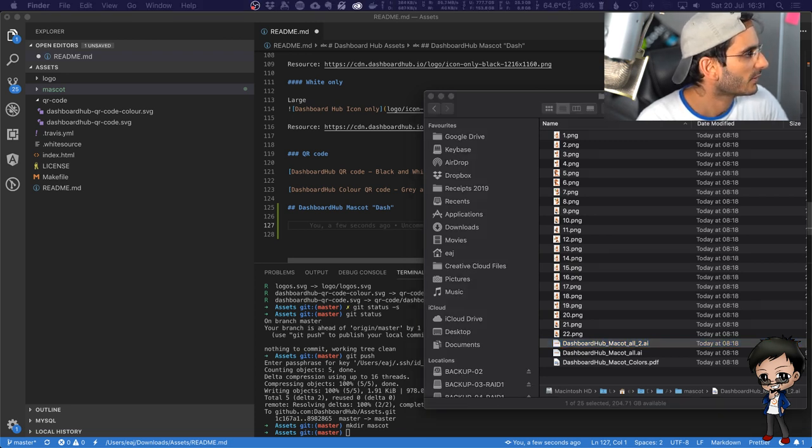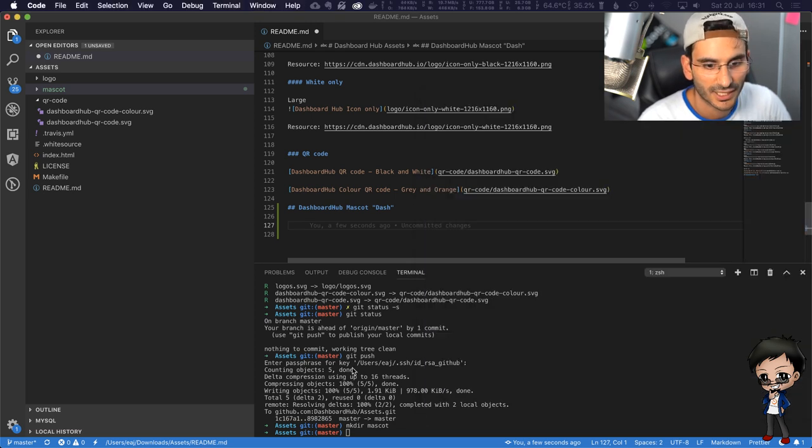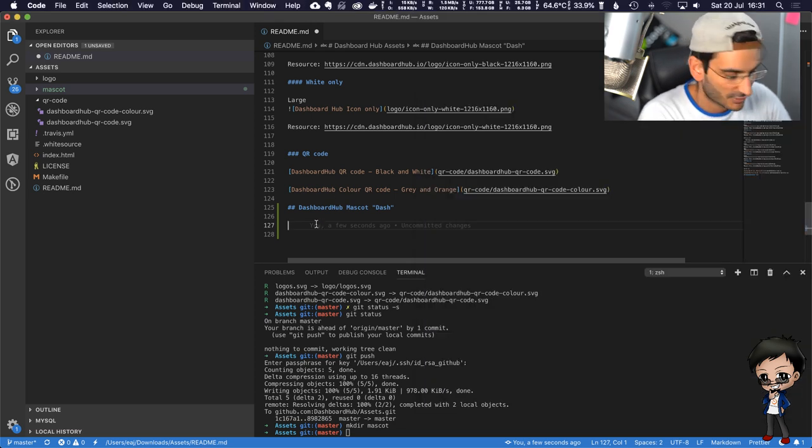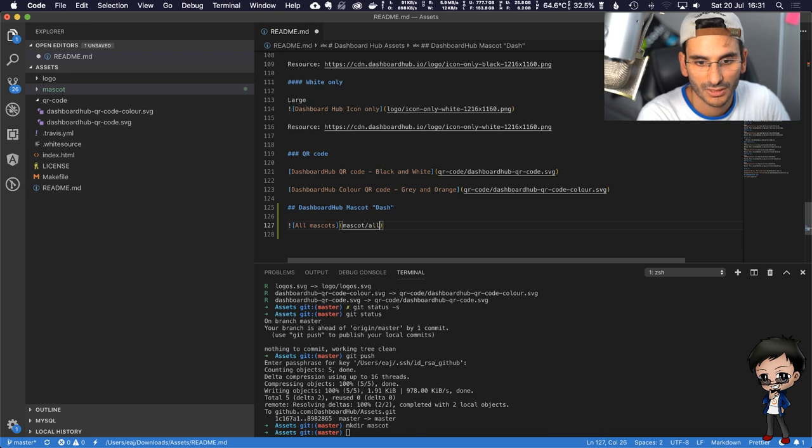I need to move the screenshot over. So if I just go here and call that all, and then grab that from that screen all the way over. Oh, don't drop it in the wrong place. Then that way I can go in here and just do an image, like so, and we'll say all mascots, and then we'll just put mascot/all.png.